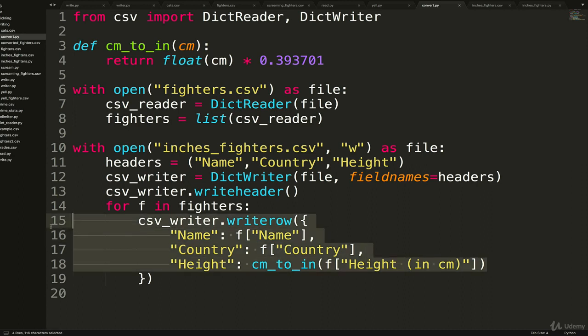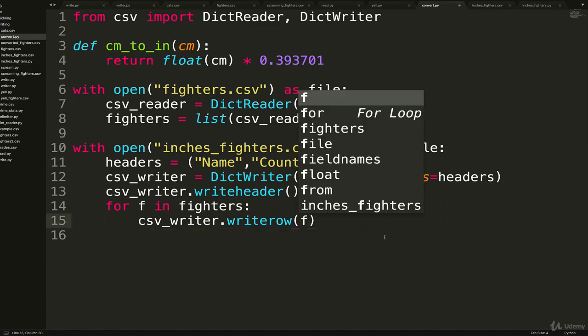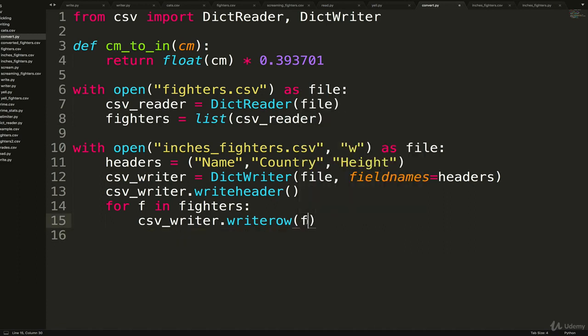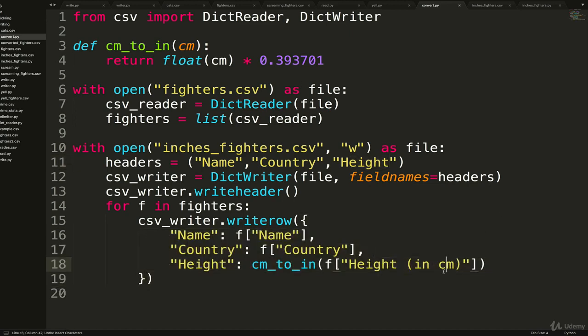Usually this would actually be a lot shorter, but the thing is that I wanted to rename height in CM to now be called height, which caused a problem. If I had left it as height in CM, it would have been a lot easier, except it would have been a lie because we're working with inches now. So because of that, we have to update this field on every dictionary before we insert it. So we can't just take fighters and loop through each fighter and just add F like I showed you at the beginning. That would work for all the other pieces of data like name and country, but it wouldn't work for height because it's not stored under height. It's stored under height in CM.